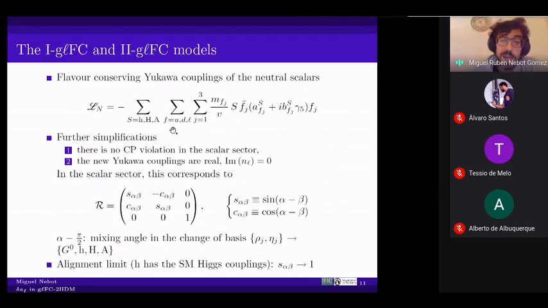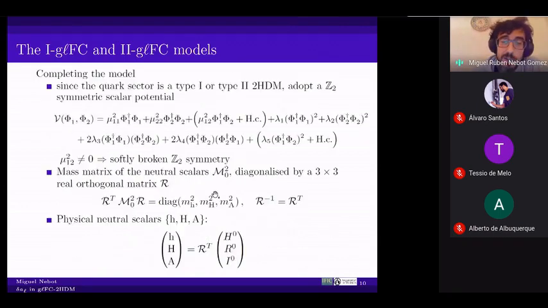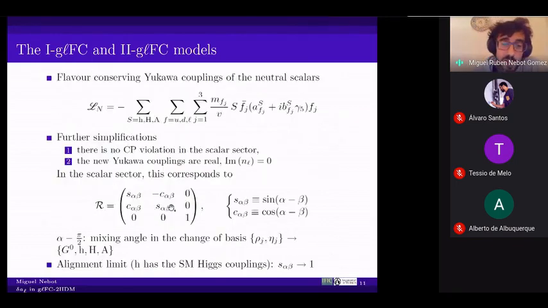anomalies. So those simplifications that we will be adopting in the following is that, well, I will assume that there is no CP violation in the scalar sector, and that those new couplings, those N's in the diagonal, in that capital N matrix, are just real. And those two things are in the end related. So first, this first ingredient simplifies that mixing here that relates the physical scalars to the ones that appear in the Higgs basis to this simple form with just one parameter.